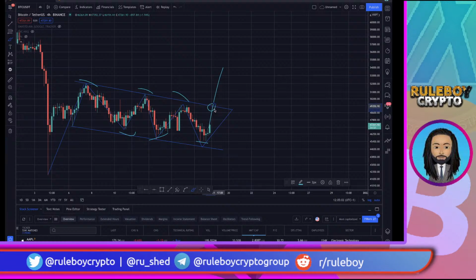So maybe some news might come at this stage and try to push it down again. If it pushes it down, we're going to see ourselves dumping really down here, right? But right now Bitcoin is already bullish and the chart is looking healthy. We are going to take our way straight up back to 49k to 50k, which is nice for everyone.